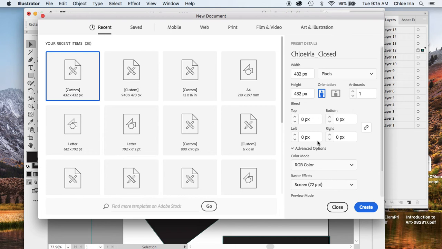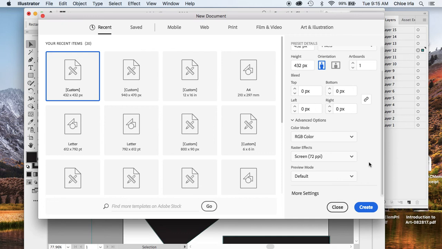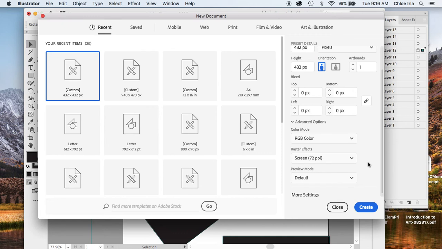We're going to make sure our color mode is set to RGB color. RGB is used for screen-based work. The other option is CMYK color, which is used for print-based work. We're going to talk more about that in a bit. But for now, just set it to RGB color, and our resolution is set to 72 ppi, which is the screen-based resolution that we want for this, because we're not printing this out. I'm just going to be viewing your work on a screen, and we'll go from there. So once everything is set up, hit Create,